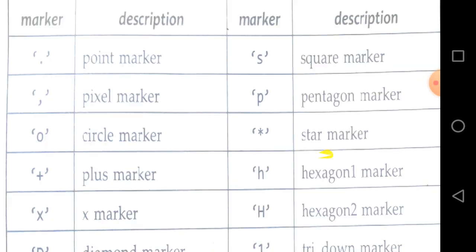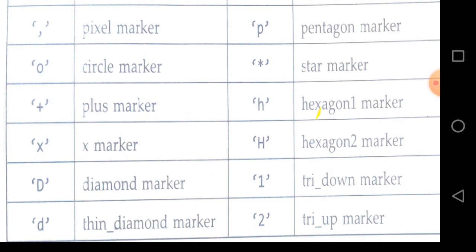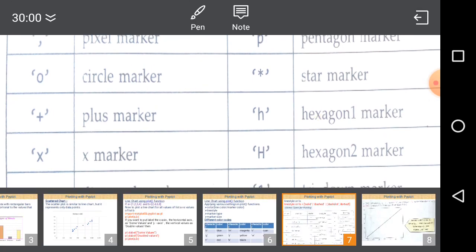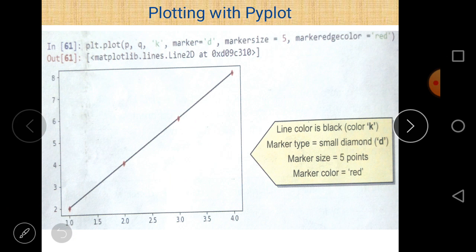in most of the cases circle marker, and diamond marker. So I think two or three are very important. Diamond marker is one of them, and then X marker and circle marker. So there is a table representing different types of markers, and in most of the cases circle marker, X marker, diamond marker are used. For circle marker there is a symbol O, for X marker there is a symbol X, and for diamond marker there is a symbol D. So these are the marker signs here.